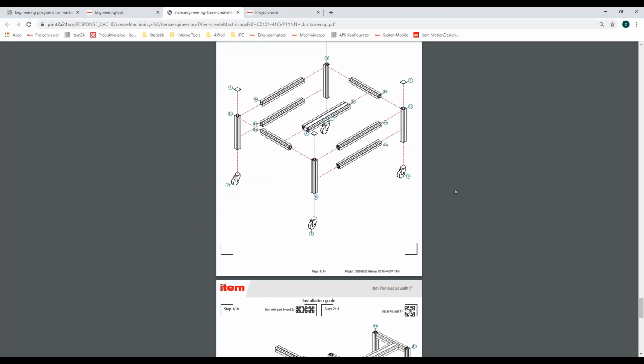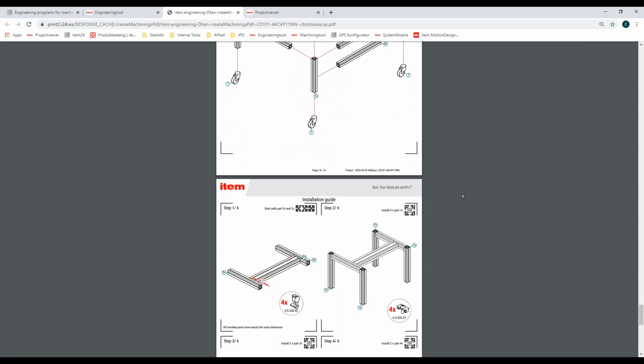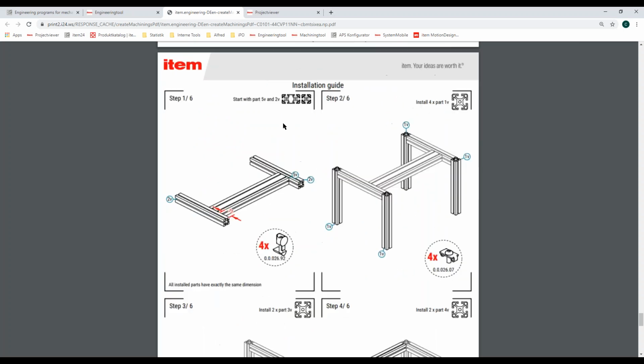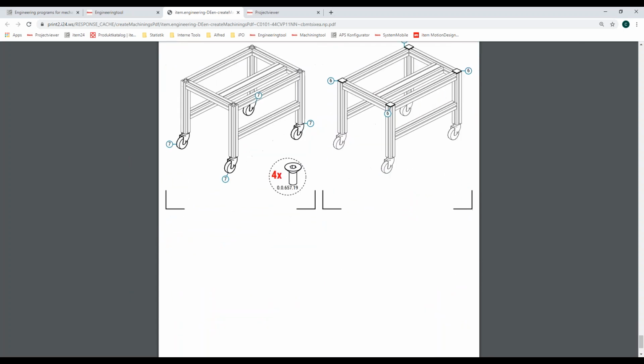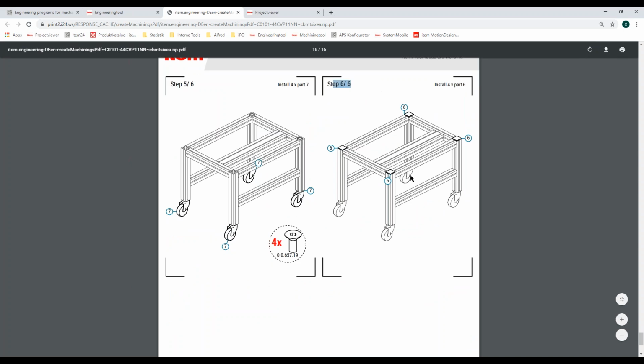And last but not least, maybe some of you know this Scandinavian furniture company, which also starts with an I. But in contrast to them, this is created automatically. So we are giving you an installation guide, which tells you: start with these parts and 4 of these fasteners at this position, and then step by step, do these 6 steps and your cart is assembled completely.